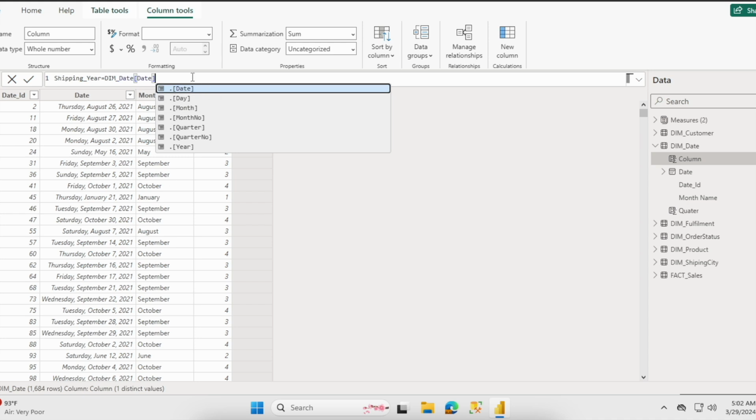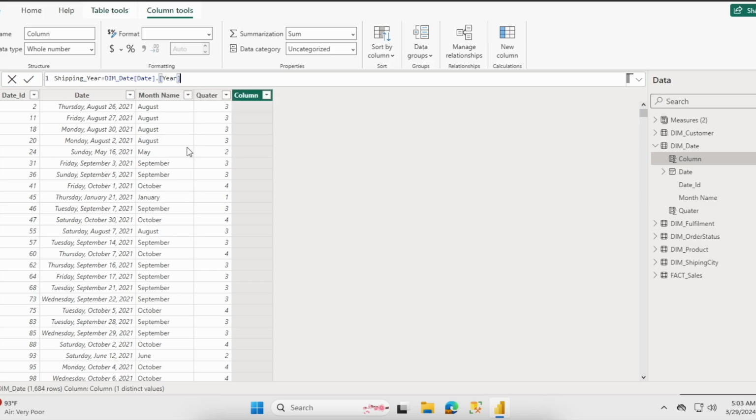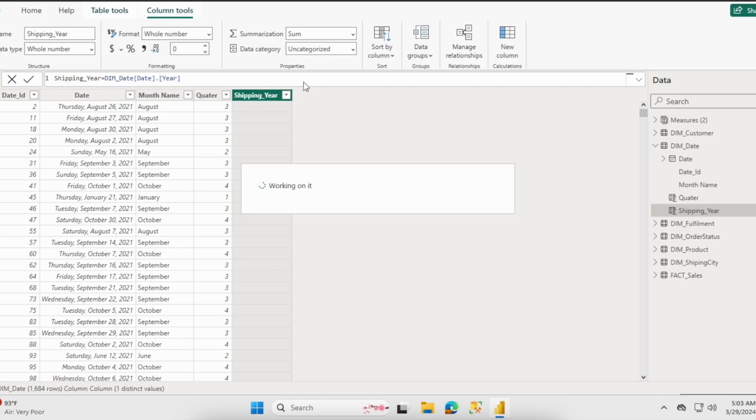Then we have to select which kind of output we are going to get. Date is there, day is there, month number, quarter number, and year. We have to select this year and press enter. It will automatically extract the year from your date column.